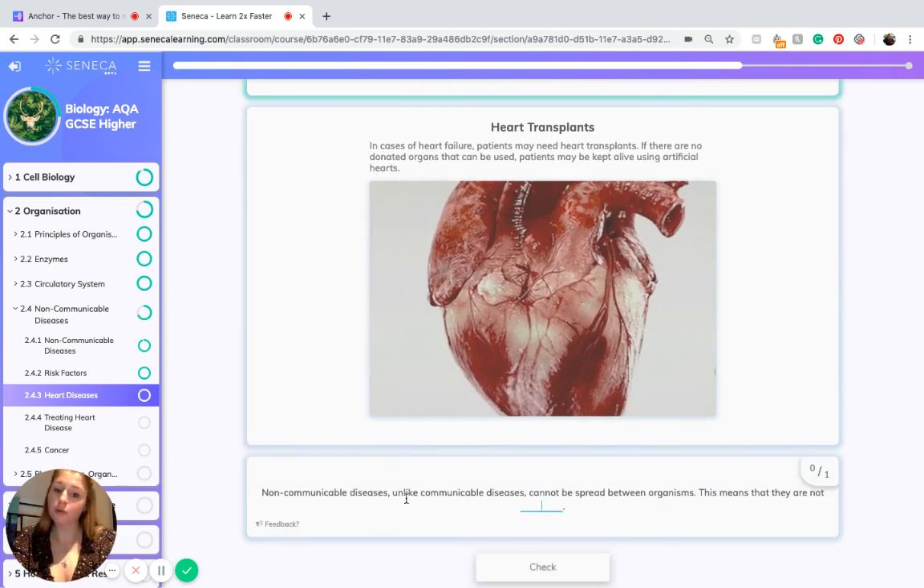So non-communicable diseases are diseases which cannot be spread between organisms. Heart diseases, like the ones I've mentioned, are examples of this. So if you came into contact with someone who had a heart disease, you would not be at risk of developing it. So this means they are not spread or